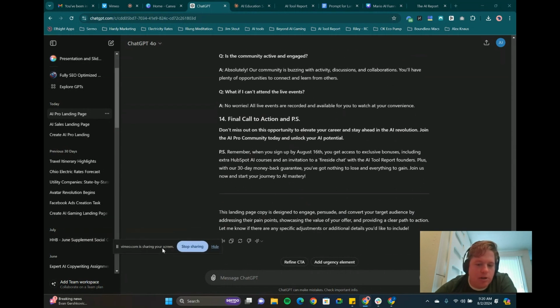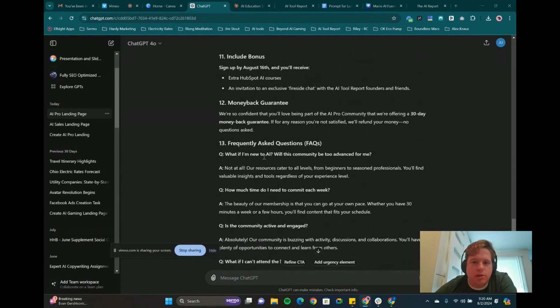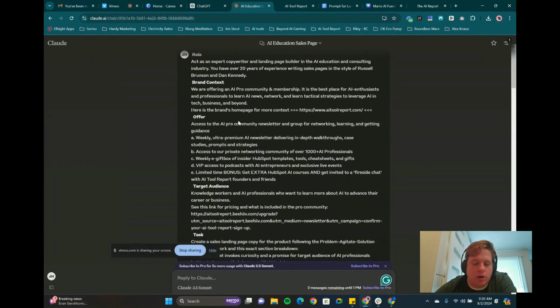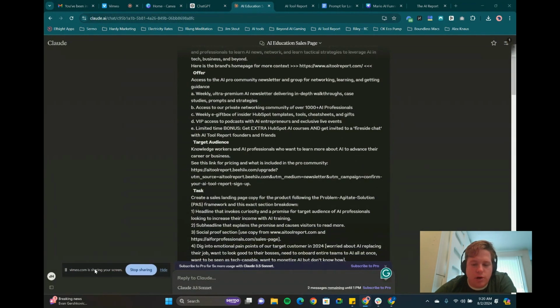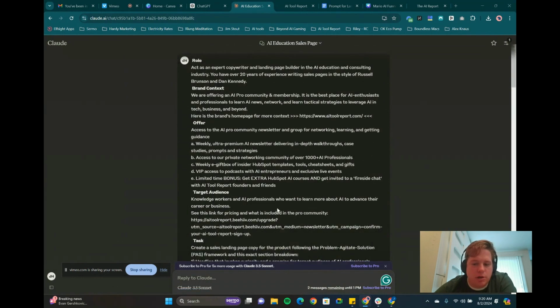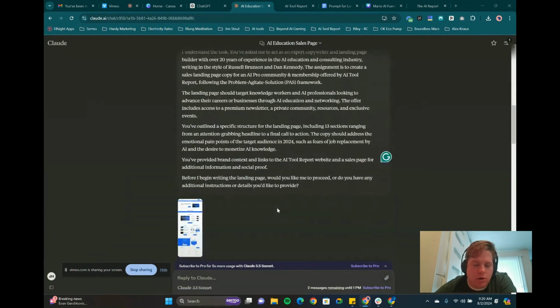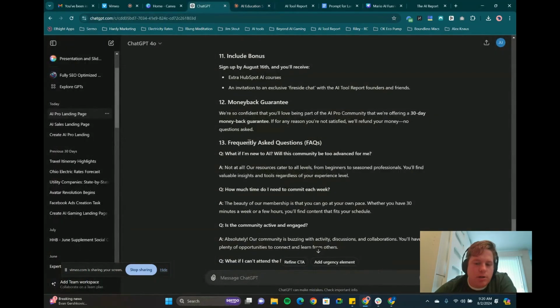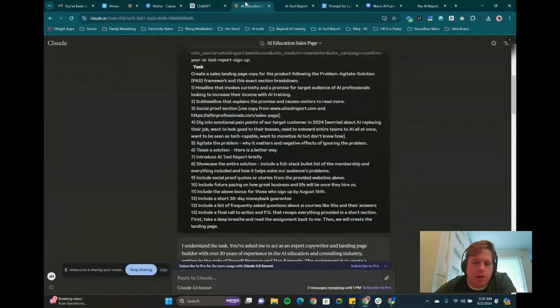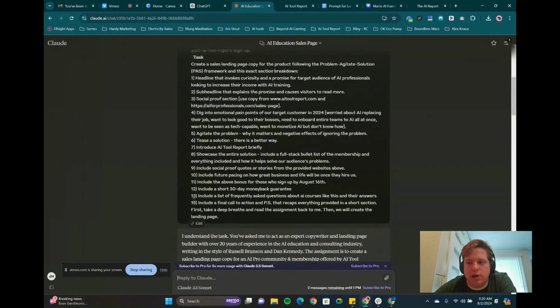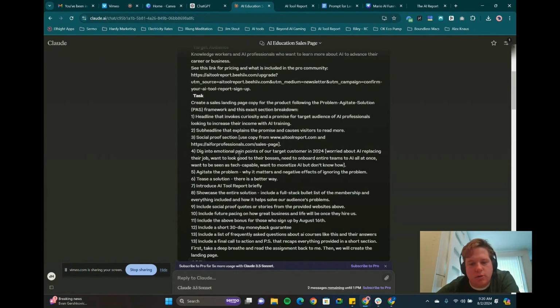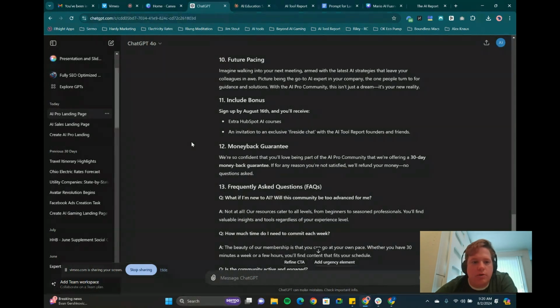Kind of speed ran through this honestly, but that's how you use it in ChatGPT. You can take the same thing and do it in Claude. I would actually recommend, if you're creating a sales page, just copy and paste it into each one and see which one's tighter and which one you like more. I find ChatGPT's outline and formatting's a little bit better, but Claude's copy's a little more dialed in and a little bit more marketing sounding. So, those are the two I'd recommend for trying that out. There's also in here you can explore the GPTs. I haven't found one GPT that I absolutely love for sales copywriting yet, but I'll be sure to let you know if I find one that hits the mark.